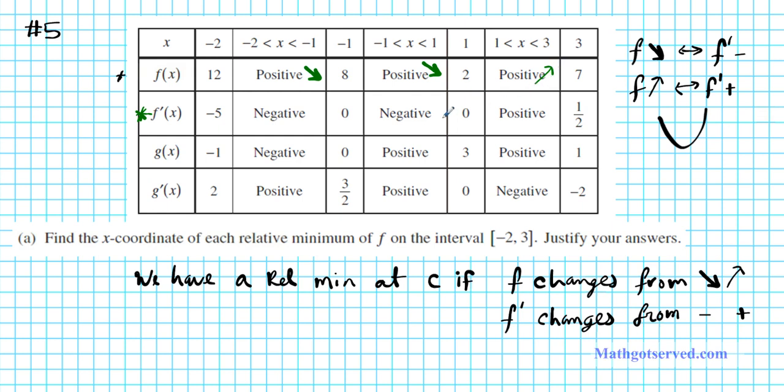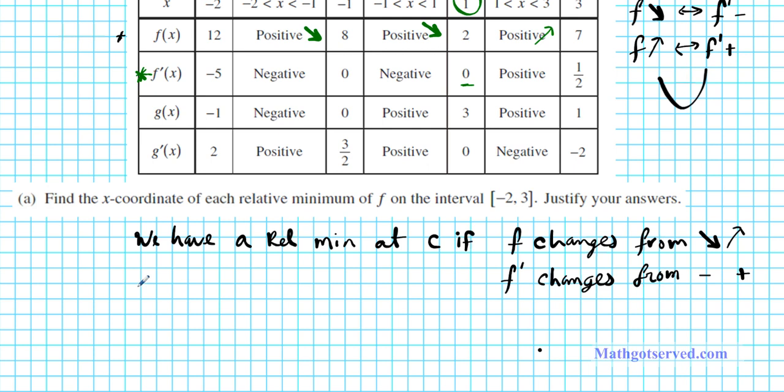All right, so at what x value does the derivative change from negative to positive? It happens at x equals 1. So what does that mean? It means that you have a relative minimum at x equals 1. Okay, so let's go ahead and write down the answer. So we have f of x has a relative minimum at x equals 1